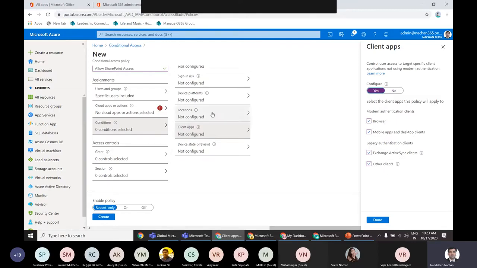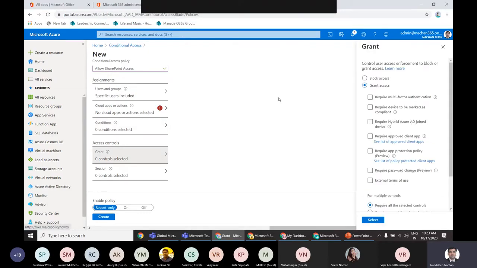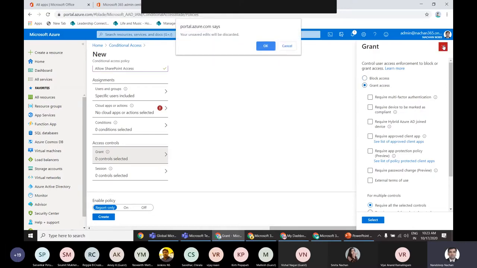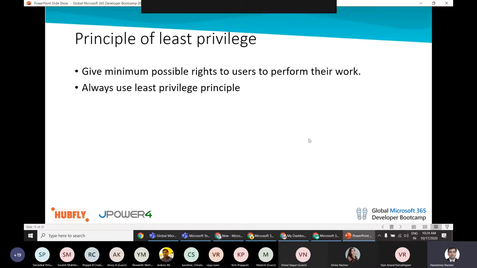Once we define this entire policy, we can either grant users access through these policies, or even block the access. So we can define blocking the access or granting the access. This is how we will be able to create those role-based access controls, and then attach those role-based access controls to your groups. Okay, so let me go back here.